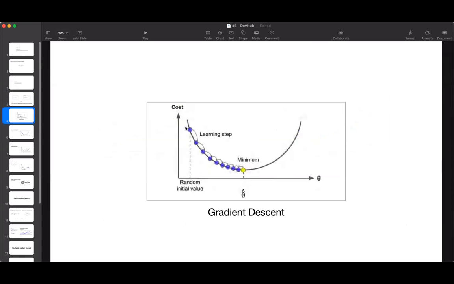In this picture, on the left, the top purple bubble you can see at the top is the place you are starting at, which is a random initial value. From there, you are taking very little steps. You start by filling theta, I mean the model parameters, with some random values. This is also called random initialization. Then you improve it gradually, taking one small step at a time, each step attempting to decrease the cost function, that is the MSE here, until the algorithm converges to a minimum, which you can see is at the base of this curve.